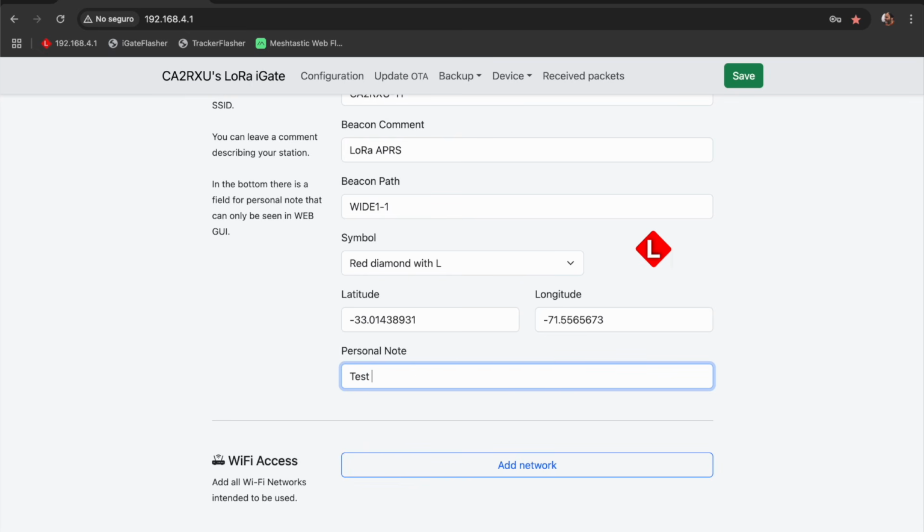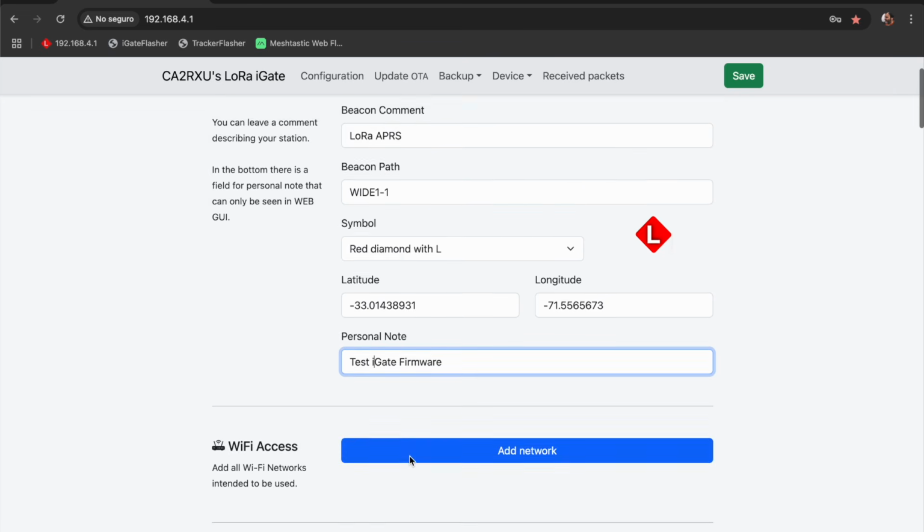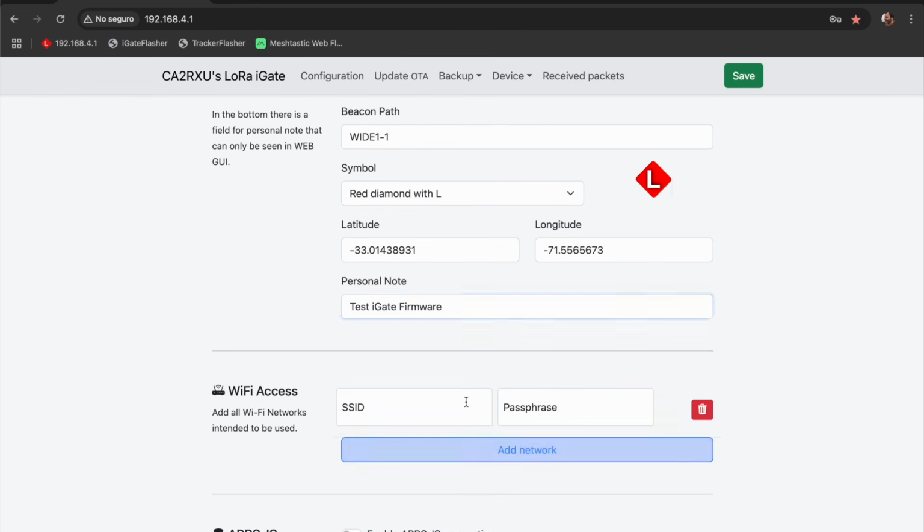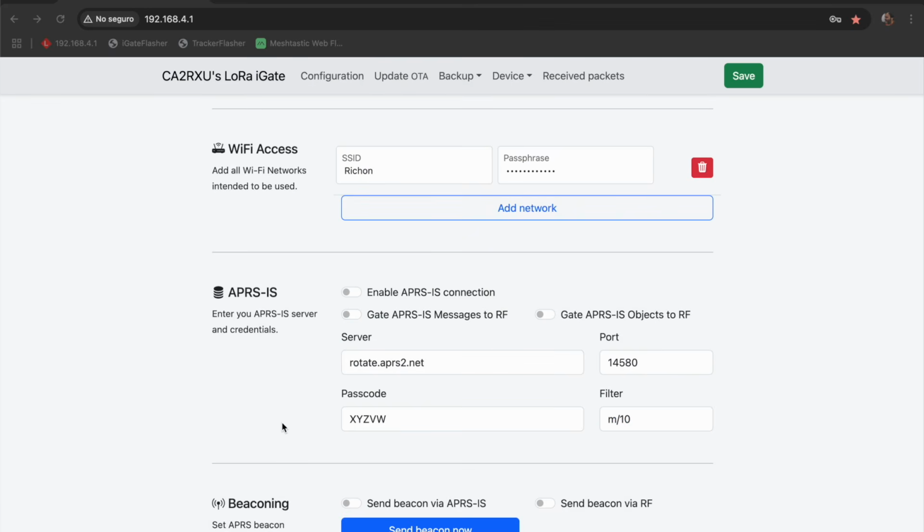Then you should, after that, for your Wi-Fi, enter your SSID and your password. With more edition magic, I entered my Wi-Fi information,